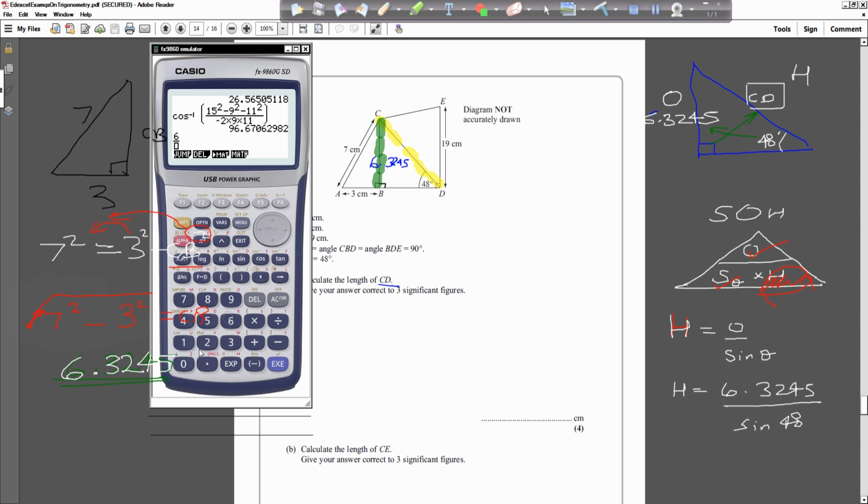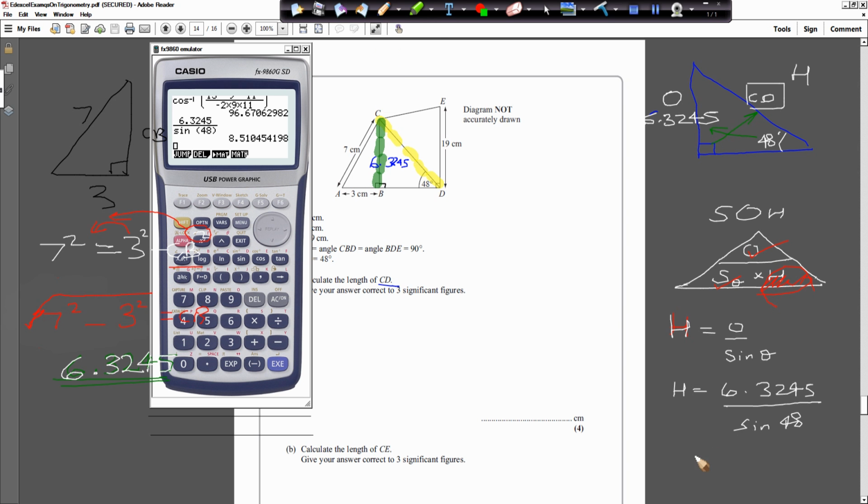So the previous value, 6.3245, divided by, bring the replay to the bottom, sine of 48. And that should be it for H. And that gives us an answer. So the H value, the hypotenuse, which was CD, we can replace the H with CD now. So CD is equal to